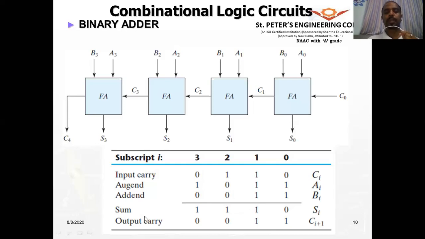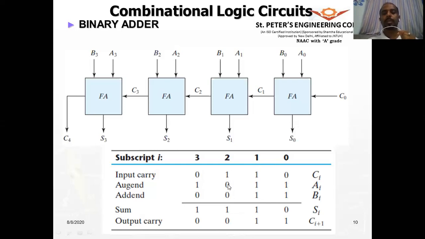All right. So when you consider here, this is 1 plus 1, and the carry from the previous input is 0. So therefore, how much you get? 1 plus 1 is 0, and carry to the sum is 0. Carry to the next stage will be 1. Next, that 1 comes here. So the carry from the previous stage is 1, and the 2 bit values are 1 and 1. So 1 plus 1 plus 1 will be 3. So 3 means sum is 1 and carry is 1. So carry means carry to the next stage. So this is 1. So carry to the next stage is 1, and the bit values are 0, 0.